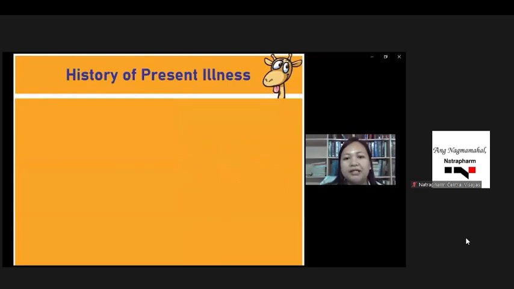So the history of present illness amplifies the chief complaint. Details of the present illness are recorded in chronological order. For instance, for the sick child, it is helpful to begin with the phrase, the child was apparently well until the number of days before the visit. This is followed by the daily documentation of events leading up to the present time, including the number of days